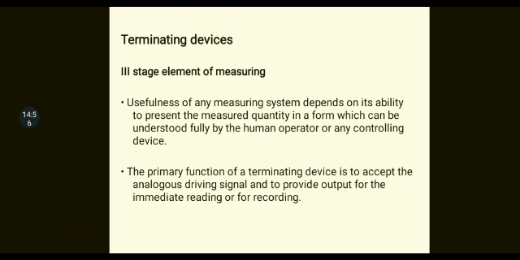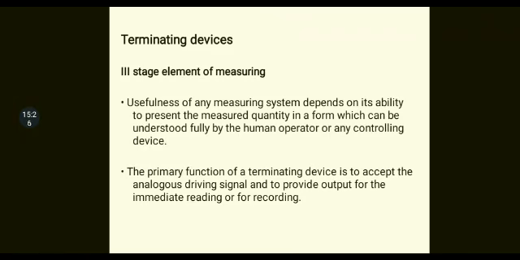Okay, unless the input signal to the controller or the terminating device is understandable, we cannot go for some judgment like stop or run, something like a signal point. We understand red light is for stop, we don't move the vehicle. Green light comes, we'll move. Yellow light comes, it's only to start. So like this, we need to understand the output given by the terminating device.